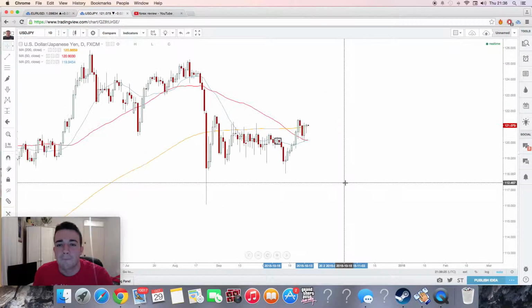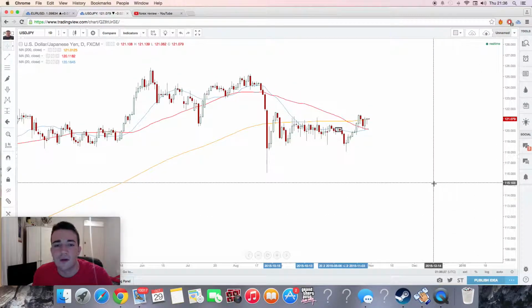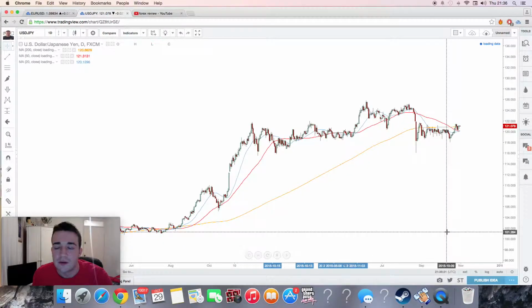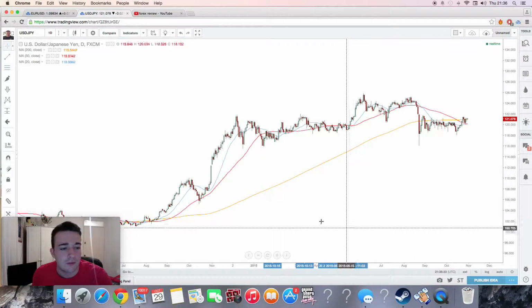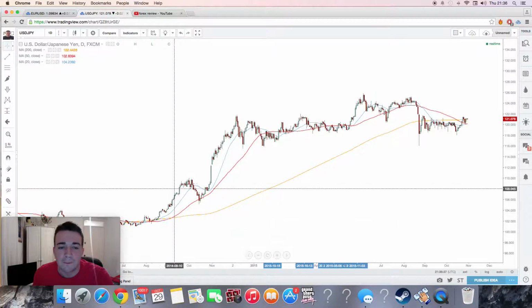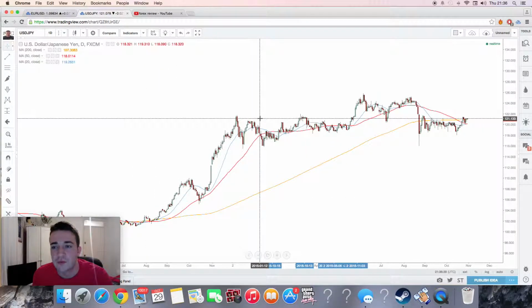STJPY. Okay, well at the moment I really don't like this pair. It's been very frustrating, but I'm looking at the bigger picture just to demonstrate to you guys what I'm saying. You can see obviously the uptrend started here, really nice, and for quite a while now, to be honest, we've just been in this really junky